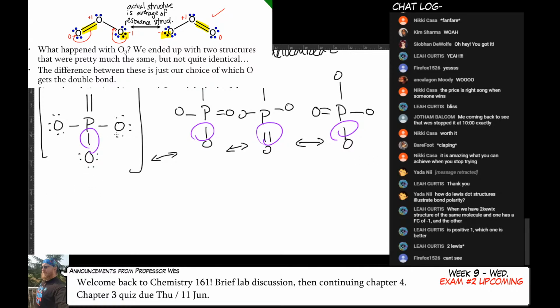So there are 1, 2, 3, 4, 5 bonds over 4 positions, or 4 structures. So each bond represents what we would call a 5/4 bond, or 1.25. If you want to use decimals, that's fine. In other words, because there are 4 positions, I have like an extra quarter of a bond in each of